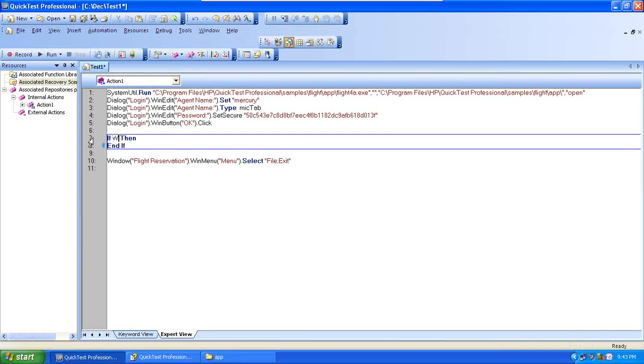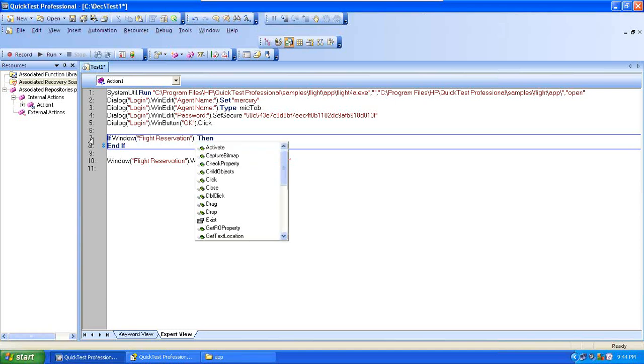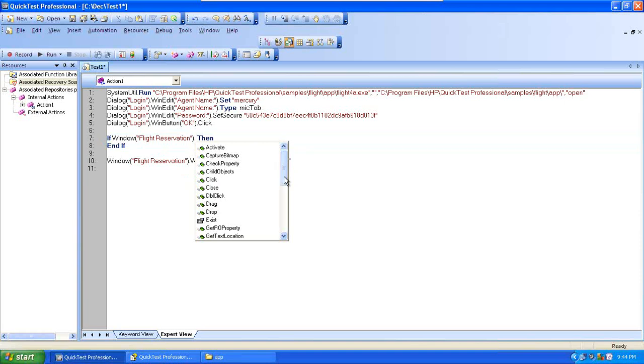sentence structure here. If I type window and an open bracket, you see it completes. If I click on the open bracket, I get Flight Reservation. You see, I am not typing anything. Just open bracket, and Flight Reservation comes up automatically. Dot. It is giving me help here. I get so many available methods for this window. If Window something dot Exist, I have selected Exist. After I click on the OK button, if Flight Reservation exists, what